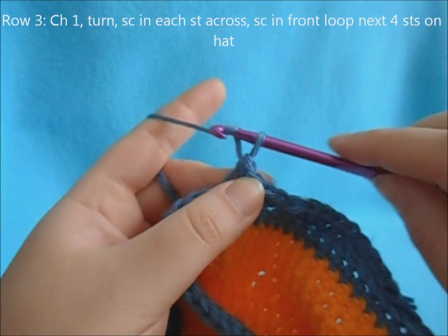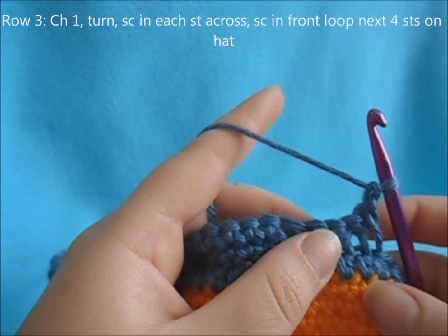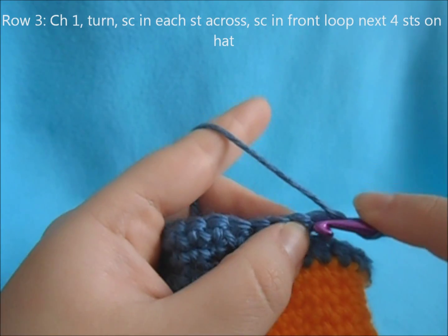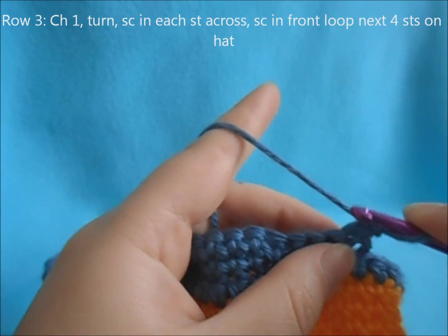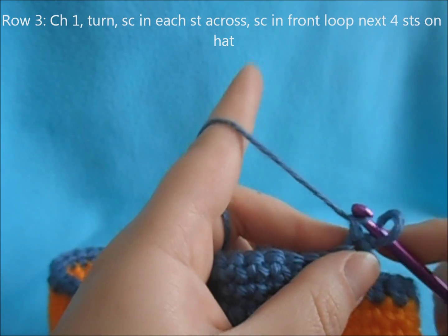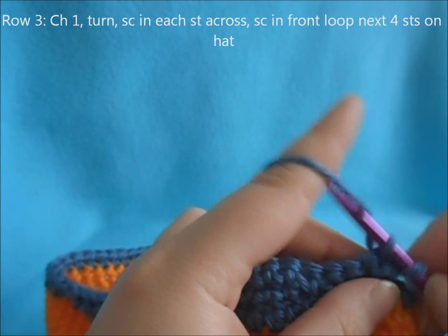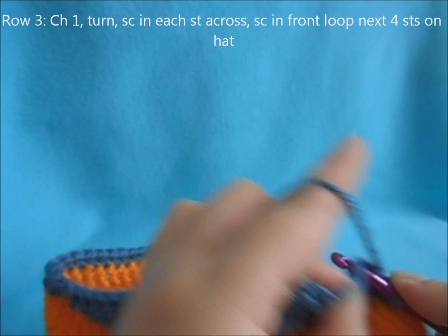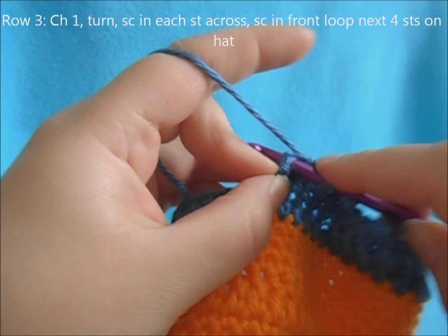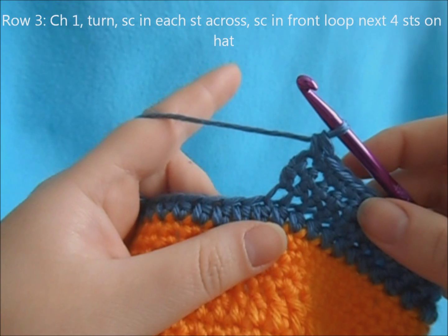So now we're going to chain 1, turn our work, and we're going to single crochet across our 26 brim stitches. In both loops, work our single crochet, so once you've worked your 26 single crochets,